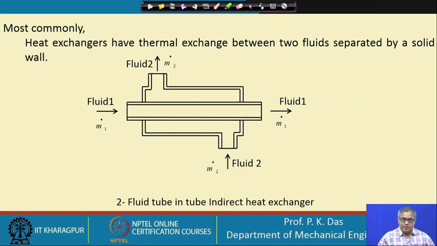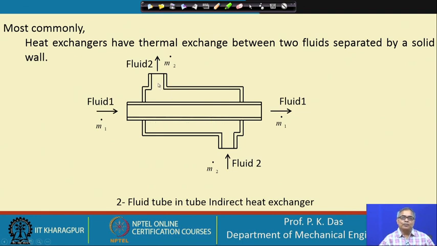So, let us give some time. Let us appreciate that there are two fluids. The one fluid, fluid 1, with mass flow rate m dot 1, is entering the central tube, and then it is going out. There is no change in mass flow rate; the same fluid is coming out. Then fluid 2, which has a mass flow rate m dot 2, enters here and occupies an annular space surrounding the first tube,